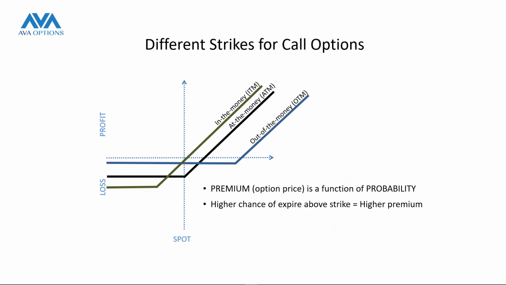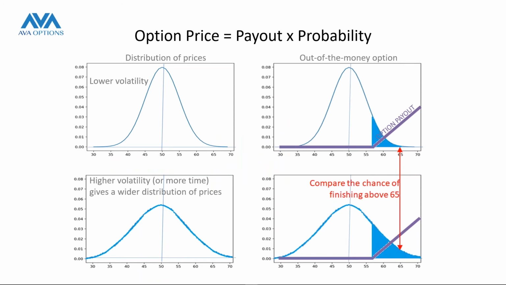Now here we can see options can have any strike. I can have the right to buy at 117, or I can buy the right to buy at 118, 119, 120. Options are a contract between two parties, a buyer and a seller. We have complete flexibility to set the strike and to set the expiration date. In the case of AvaOptions, any time from 1 day to 1 year, and the right to buy and the right to sell. Let's see some of this in action.